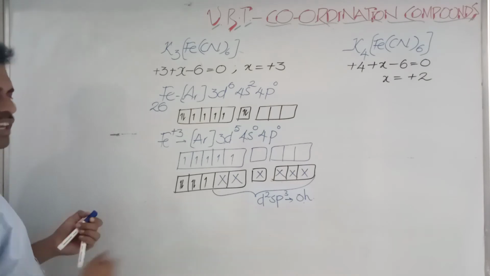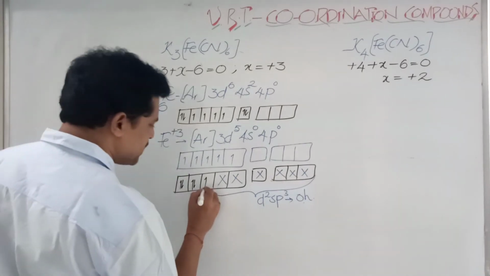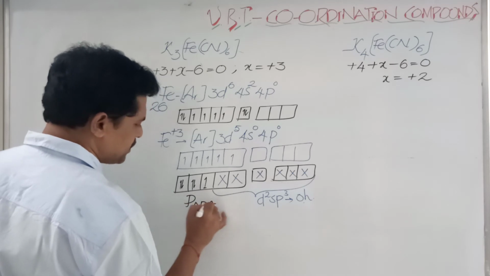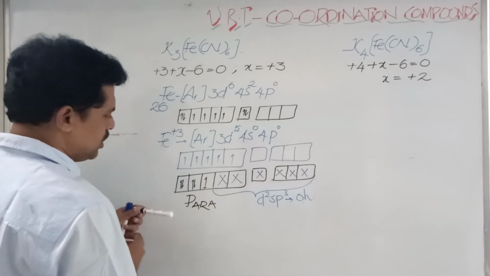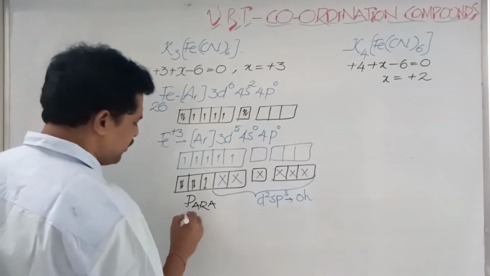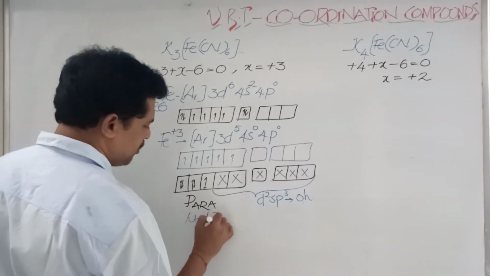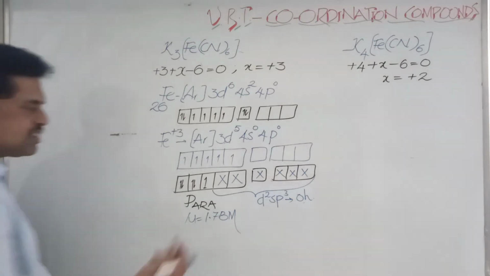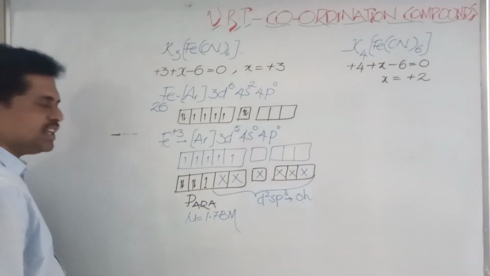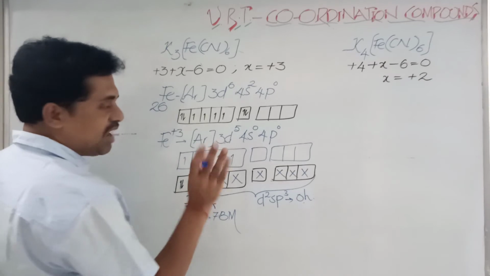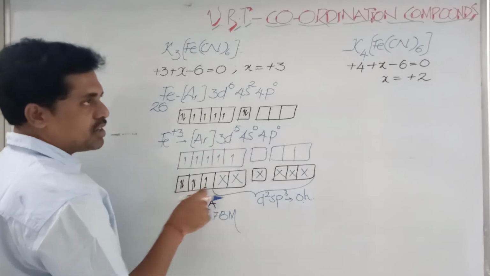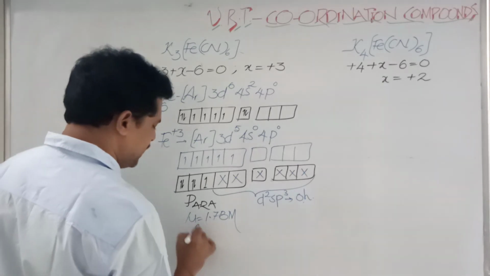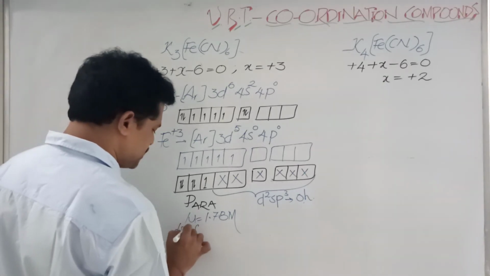So it's very clear. 1 unpaired electron is present here. Because of 1 unpaired electron, it is going to be paramagnetic in nature. And as we know, when there is 1 unpaired electron, the mu value will be 1.73 Bohr magnetons, square root of n into n plus 2, where n is equal to 1. 1 unpaired electron is present here. Actually, we were having 5 unpaired electrons. They became 1 unpaired electron. So the number of unpaired electrons decreased. So you can say this is a low spin complex.